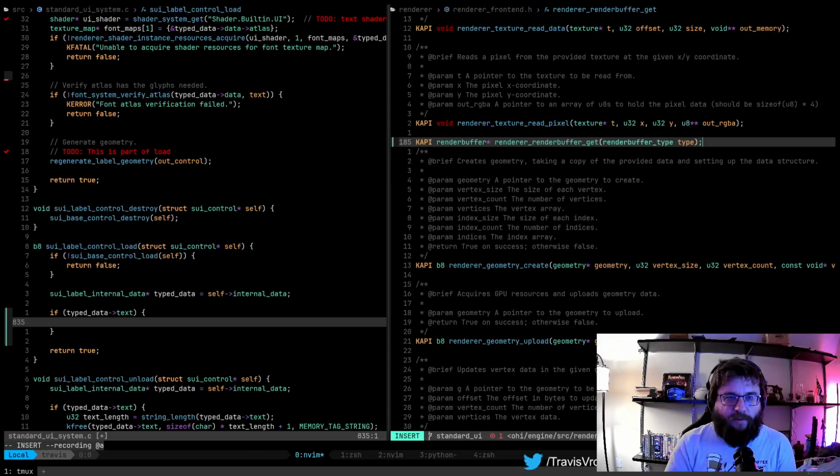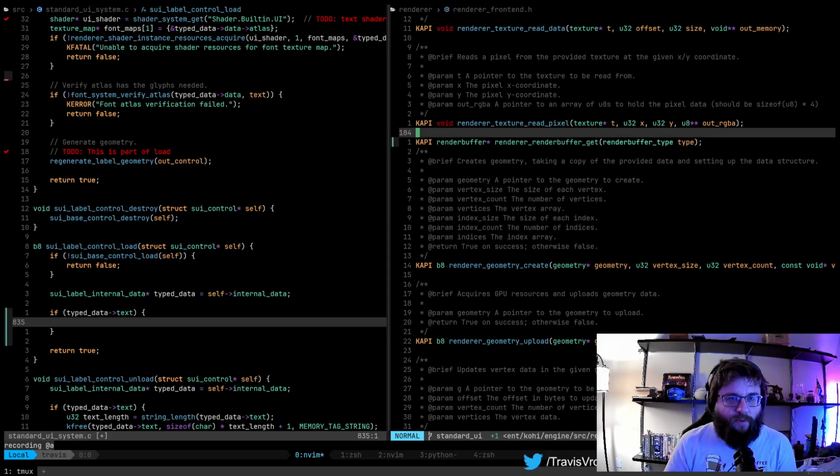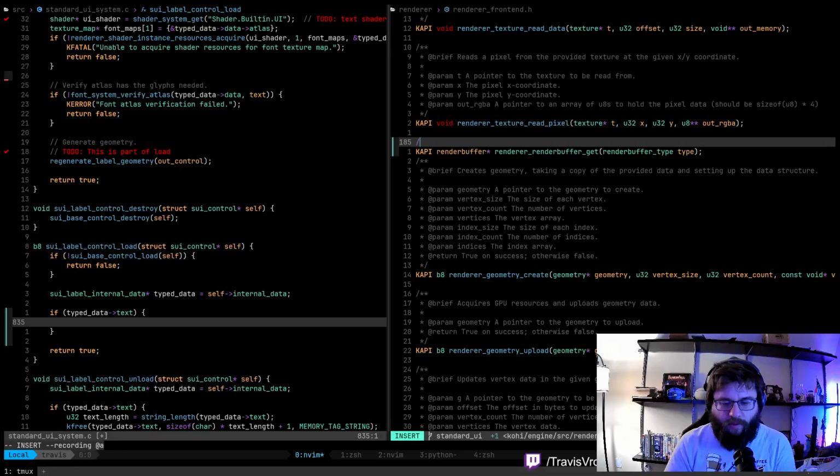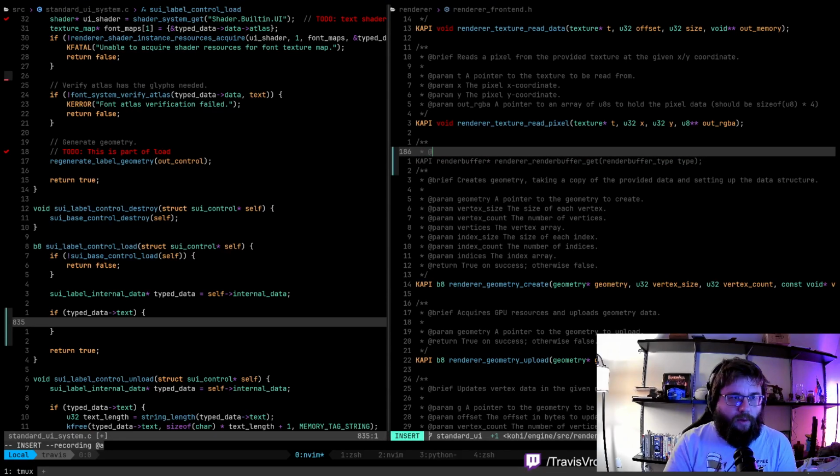Export it, right? And yeah, we'll call it render buffer get, render buffer type. Attempts to retrieve the renderer's internal buffer of the given type.